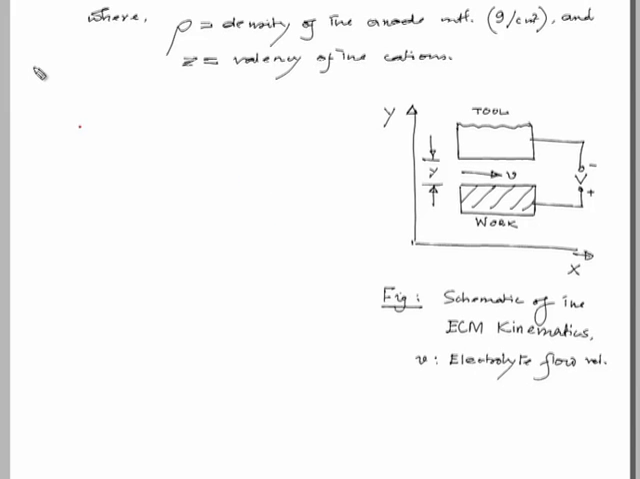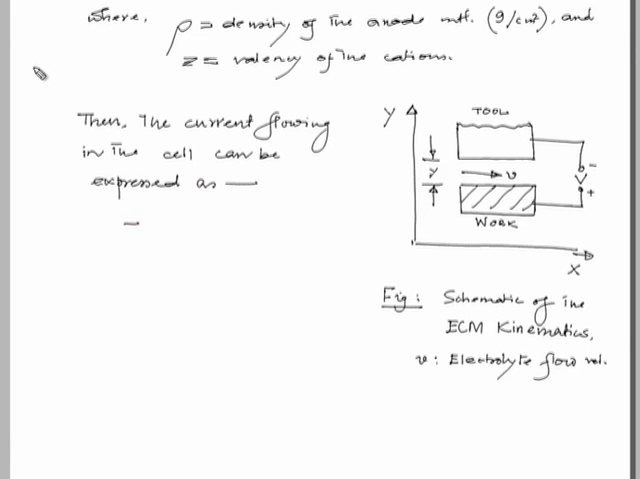Now, if this is the schematic representation of the kinetics of electrochemical machining, then the current flowing in the cell can be expressed as I is V minus del V by R, where this equation can be expressed or numbered as 7, keeping the continuation,